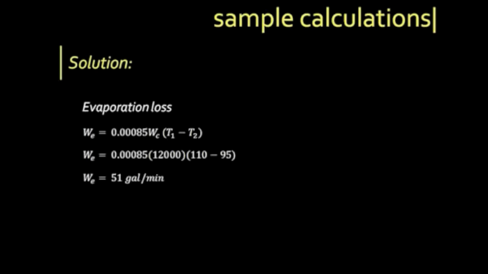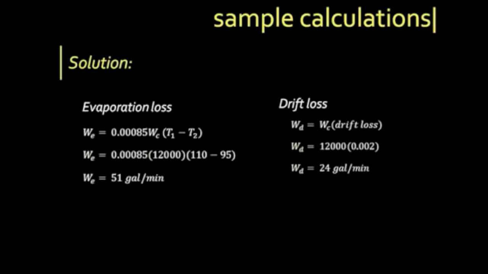On the other hand, in order to get the drift loss, this formula, WD is equal to WC times drift loss shall be used. Drift loss is converted from the percentage value, so it becomes 0.002, which makes it 24 gallons per minute as a result for drift. To complete the data, we need the blowdown value, which has a formula